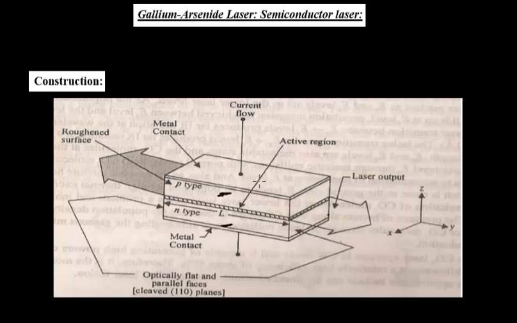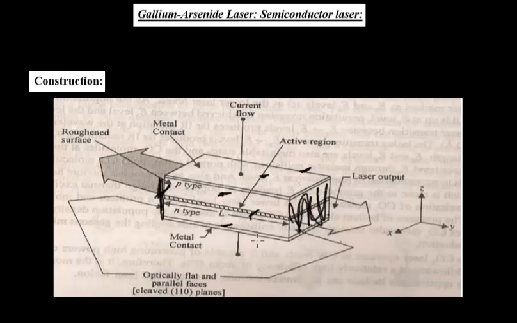We can call it the active region as well, because all the activity will happen inside the junction only. Now this wall and this wall are polished and they act as reflecting mirrors. The front one and the one at the back side are rough surfaces, they cannot reflect, right?